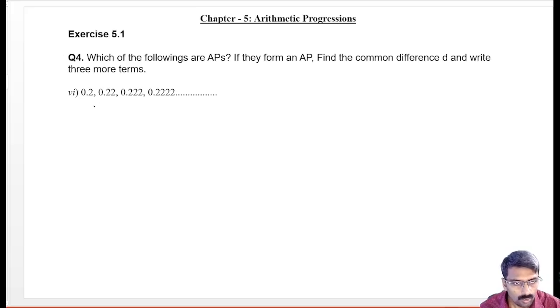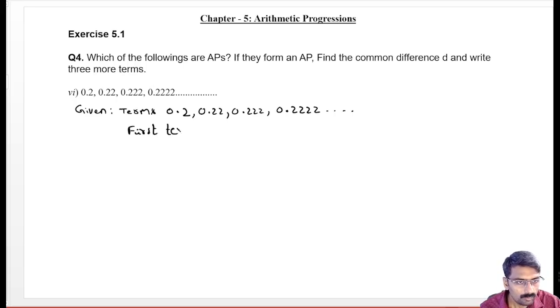Our next sub question is sub question 6, where given terms 0.2, 0.22, 0.2 times 2, 0.3 times 2, 0.4 times 2 and so on. First term is 0.2. Common difference